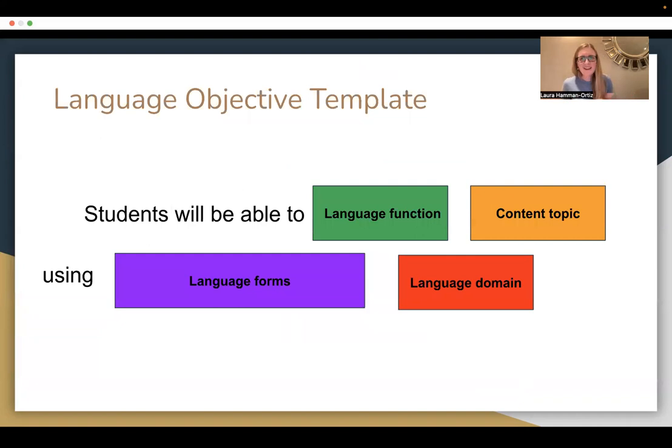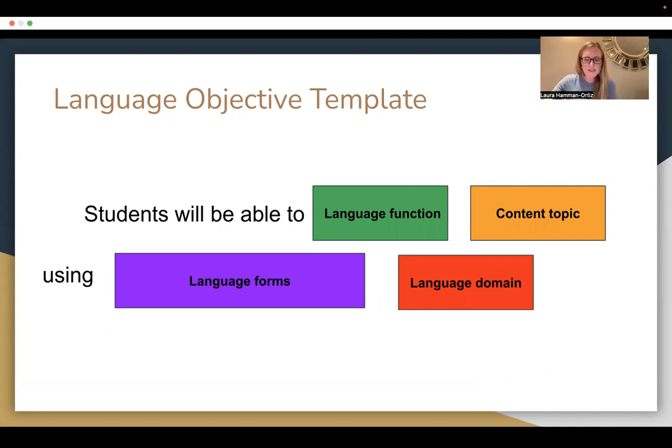And now we move to a template that I've developed over the years that I think will hopefully help you, especially if you're new to language objectives, to begin to construct some language objectives of your own that are useful for your planning and your instruction. And this is the template. It's not the only way to do a language objective, but it's the way that I found helpful in my work with teachers. And it is, students will be able to language function, content topic, using language forms in whatever